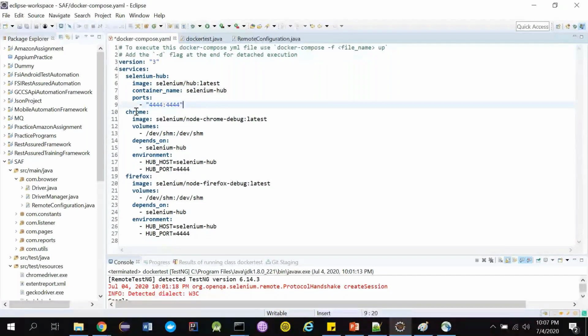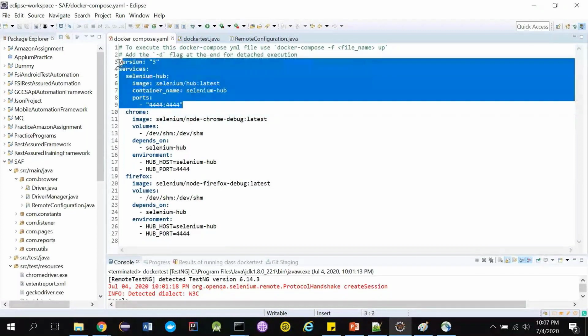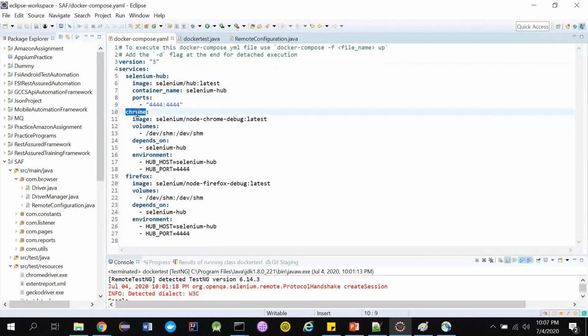Yeah, and we are spinning up the Chrome now. Now we have covered the first statement that we used. Now we are going to the second statement. Chrome is the service. For the image, we are using this particular image. And volumes, yeah, again, volumes is something that's going to be a little tricky to understand. I'll come to it later, but we'll cover the remaining things.